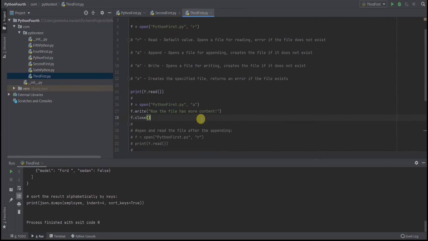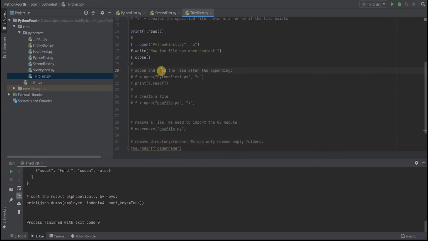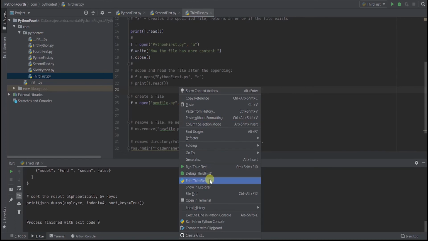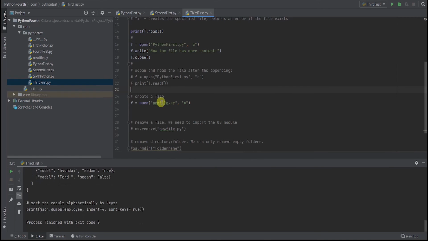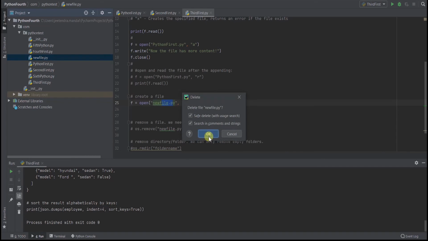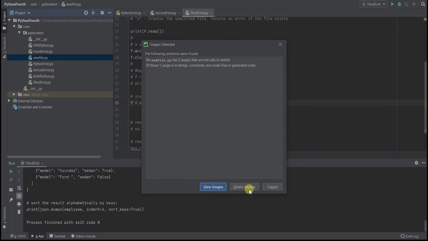Now similarly you can read it and create a new file as well. We have already seen how to read the files, so I'll not do this. We have already verified this line was getting appended. I'll create the new file.py. See, we don't have any new file.py. Once I have written it, see, new file.py gets created here. I'll just delete it anyway.